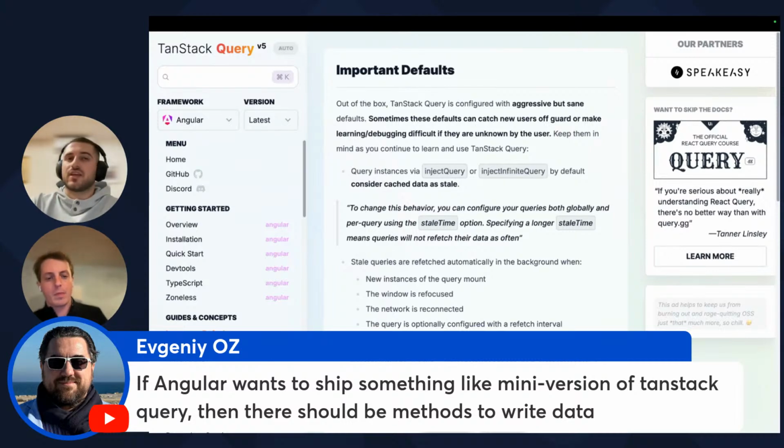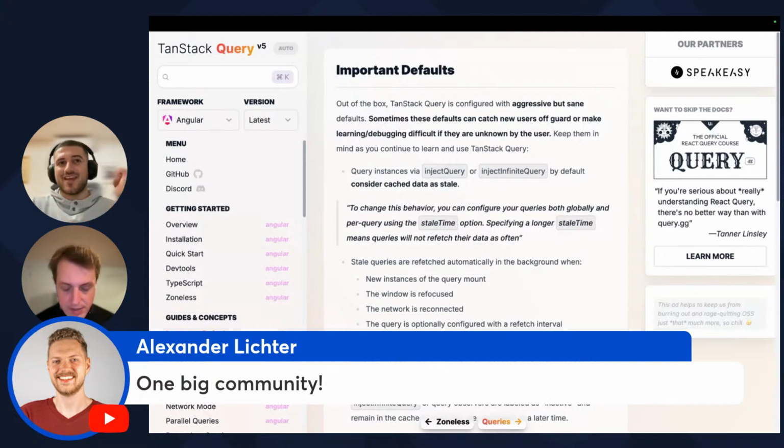If you have caching on the client side, you need those mutations, of course, to be connected to your resource. But then don't you have to go to caching? You go to TanStack Query if you want that caching. What I'm saying is that going to the base of it,